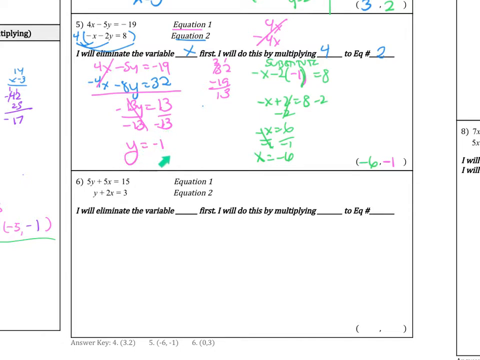Once you figure out that value, then you plug it back into one of the equations. So I plugged it into equation 2. And then I got x equals negative 6. I see the answer at the bottom down here, so it's okay, but you should do a check. Go ahead and try example 6, and then in the next video I'll go over that,